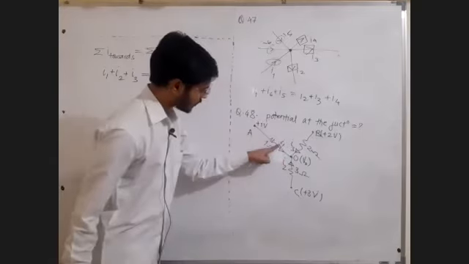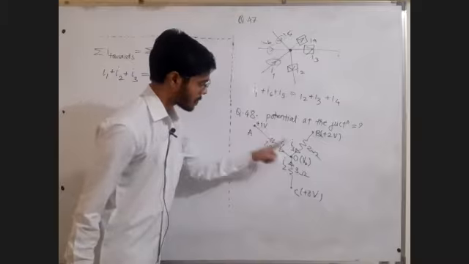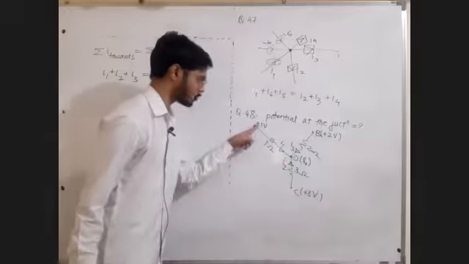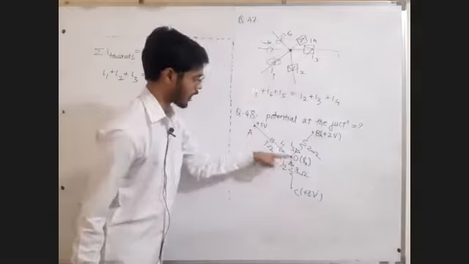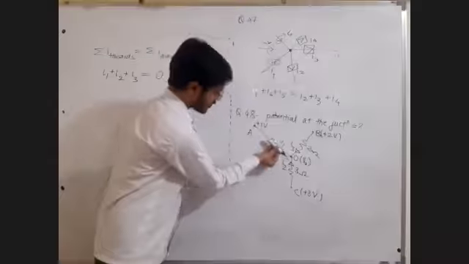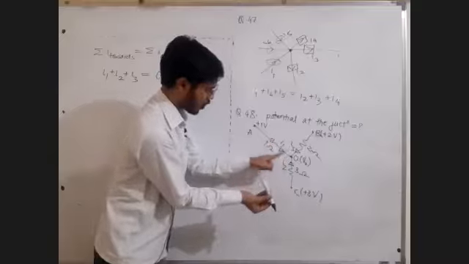So this current I1 is equal to potential difference upon resistance. So 1 volt minus VO upon 1 ohm. Don't write VO minus 1. You have to write 1 minus VO. Why? The current is like this. If the current is like this, write the potential difference as VA minus VO upon 1 ohm.